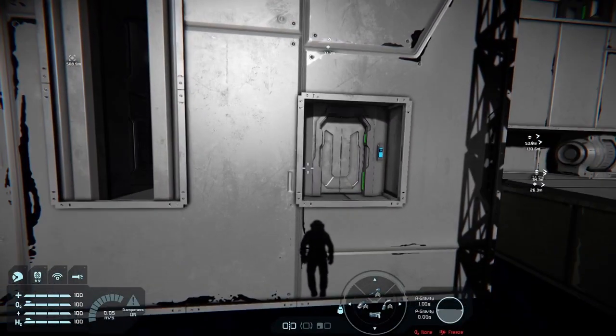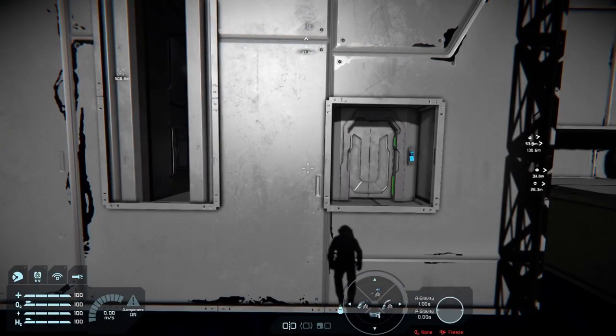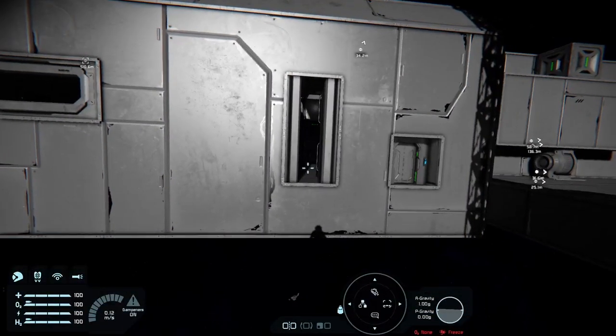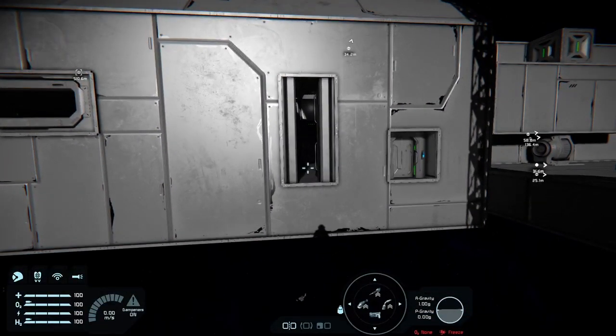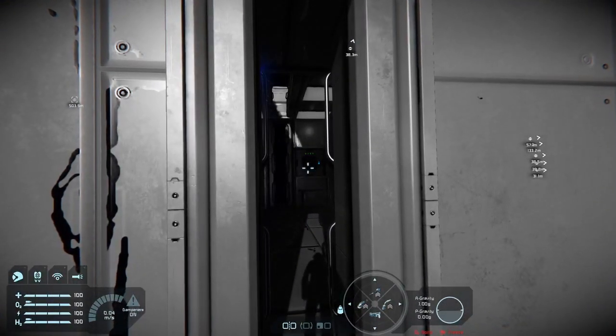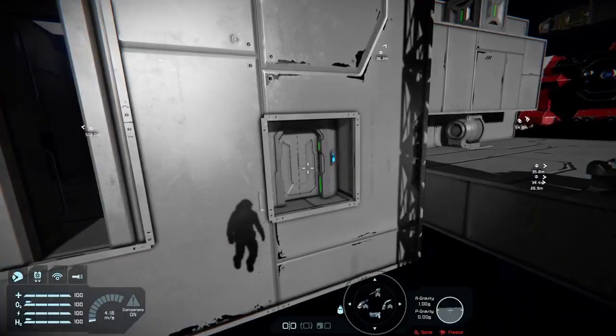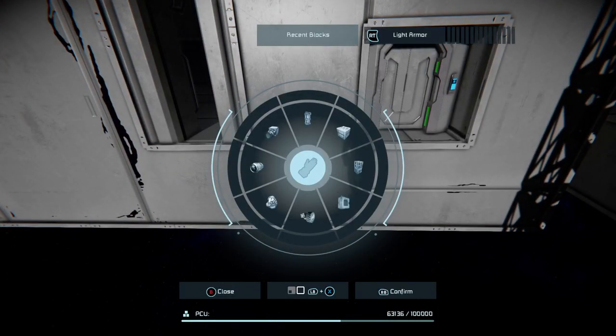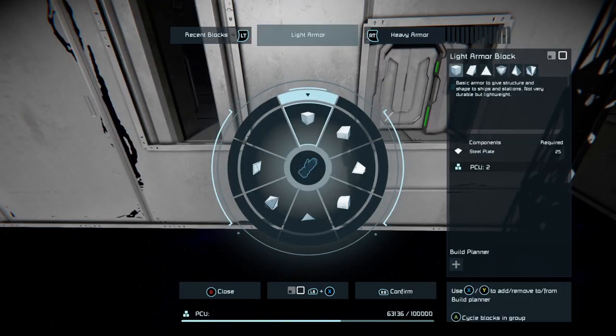So what I want to do is I want a way to depressurize that chamber before I open this door. Let's just modify this a wee bit.